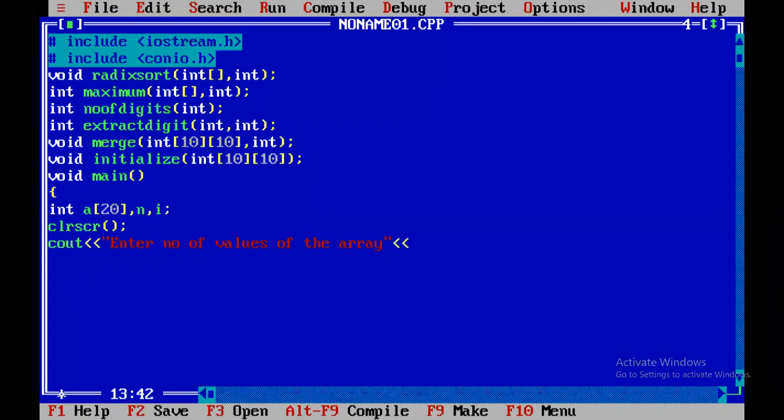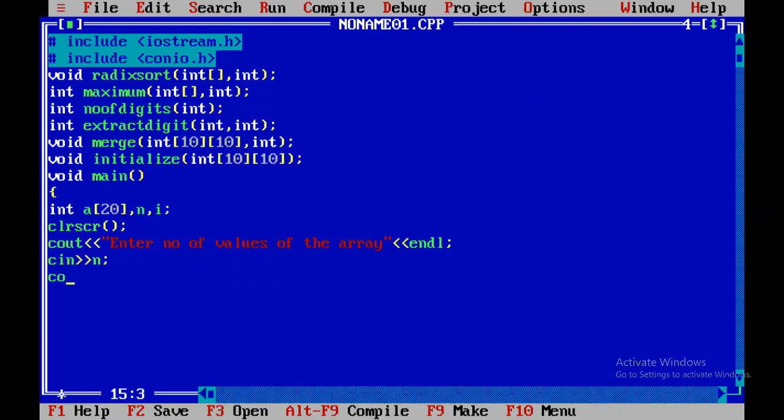Cout is the output function, used to print the value on the screen. Cin n. If n is 5, you have to enter 5 numbers. If n is 6, you enter 6 numbers. If n is 10, you enter 10 numbers. Here n indicates the number of values to be entered.